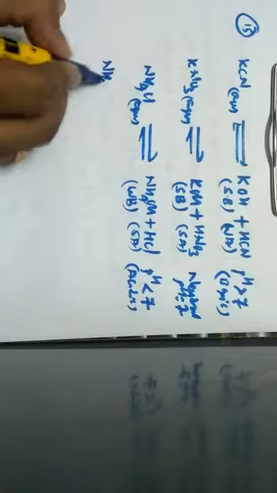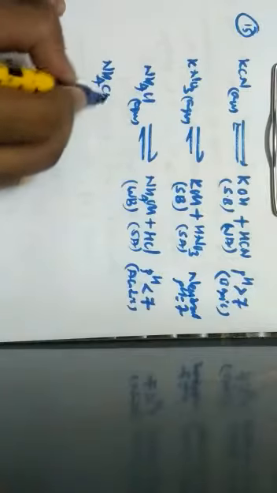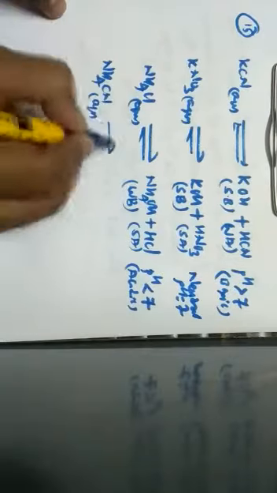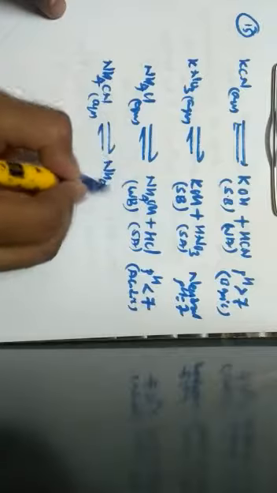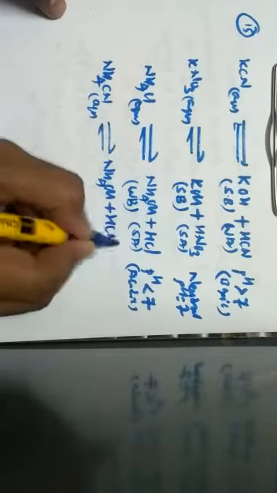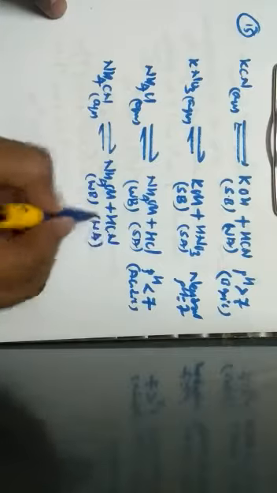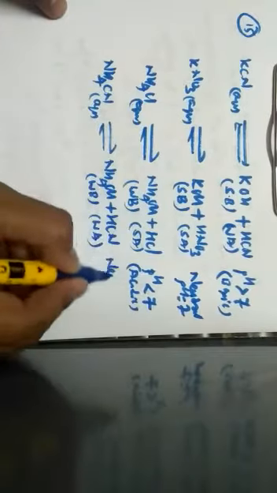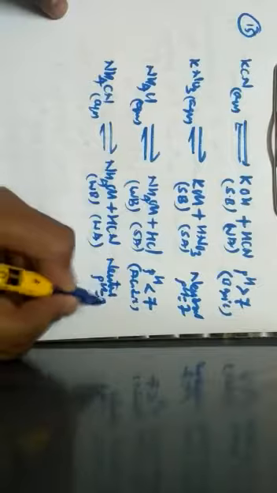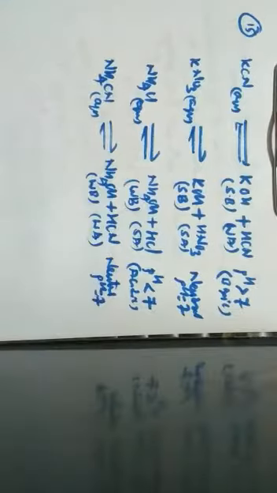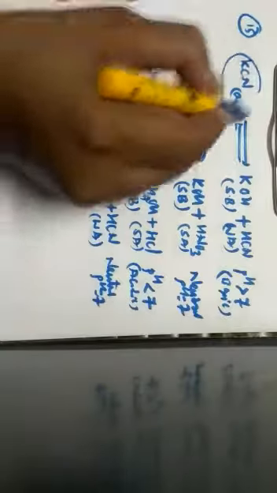The last option they have given is NH4CN. When NH4CN is taken in its aqueous condition, we get NH4OH along with HCN. NH4OH is a weak base, HCN is a weak acid. The reaction of a weak base with a weak acid will be neutral, hence pH is equal to 7. So the question asks which of the following salts on being dissolved in water gives pH greater than 7. The pH greater than 7 is with the option KCN, which is given by option A.